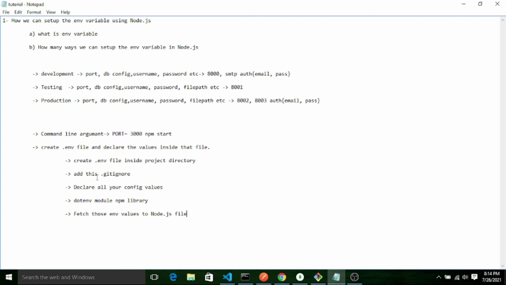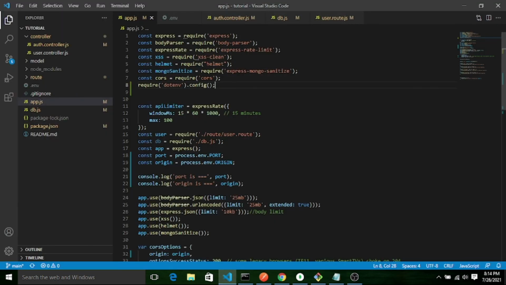Second thing is, now one question might come to your mind. If I add the .env file into my .gitignore, then I am not going to push it into GitHub. So how will I configure it at that time? Actually in real time, when you are doing the cloud deployment, that cloud environment has some place or location where you can define your environment variables. It works the same way using process.env, you will get those values. No need to open your code base, no need to change anything.